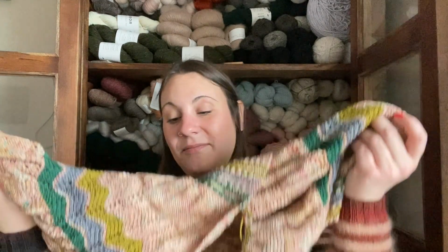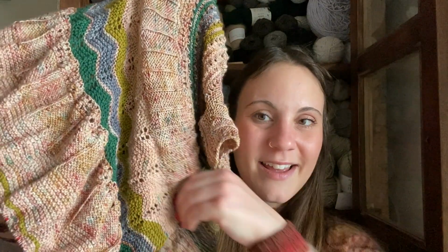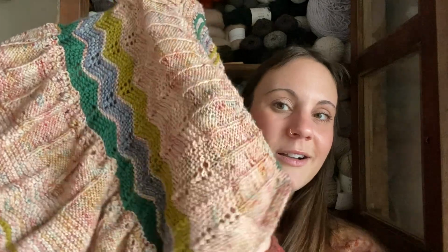Honestly, I knit it so long ago that ripping it out might not be super sad, because I don't even remember knitting this. I remember knitting it, obviously, but the concept of how much time it took me is kind of lost at this point. So let me know what you think. Keep it or rip it out and pair it with a mohair and make a sweater. I'm definitely leaning towards